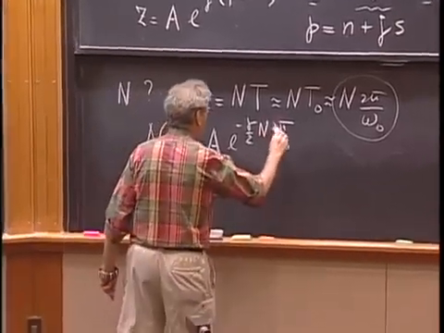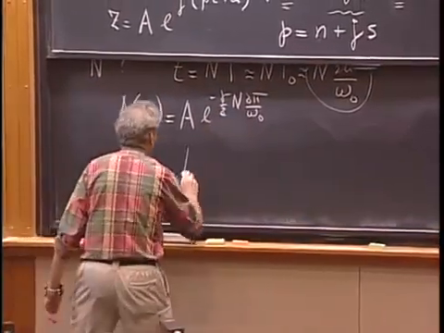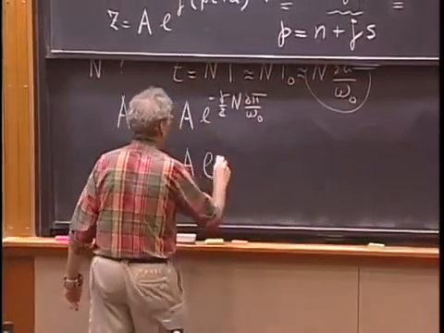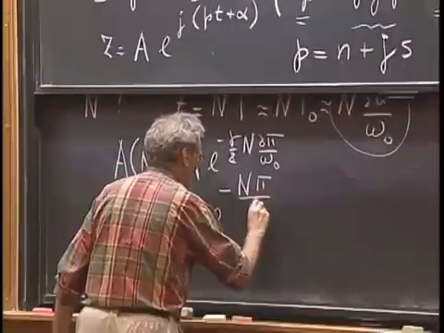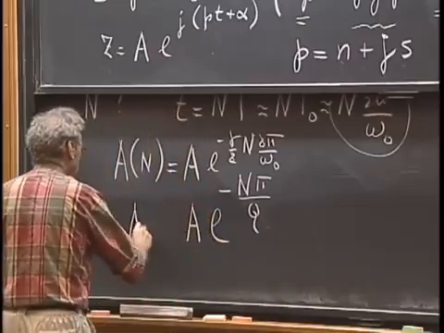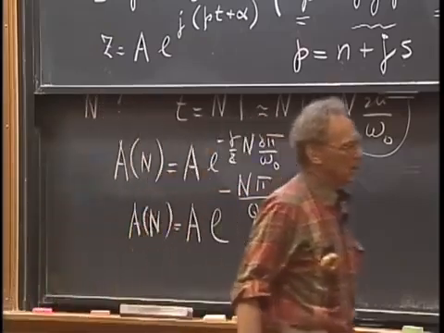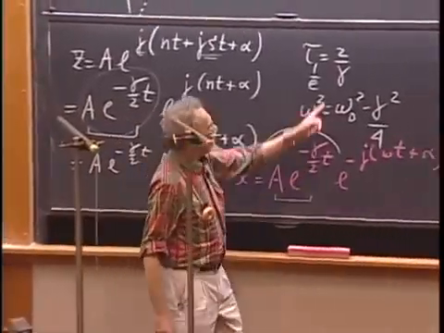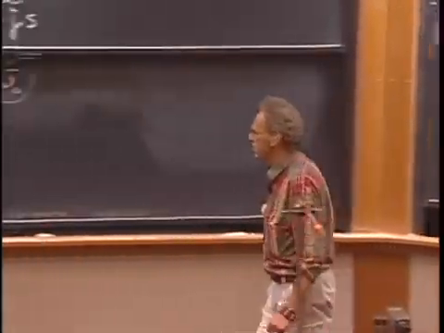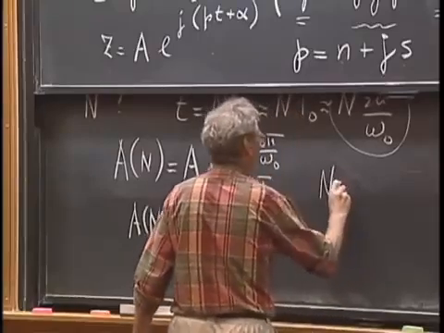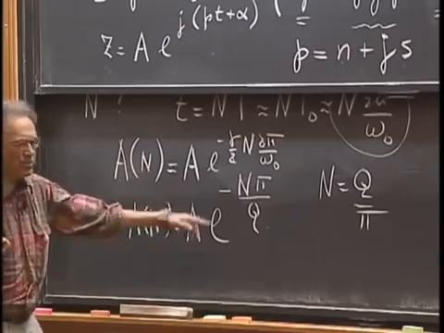And you lose a 2, but omega 0 divided by gamma is Q, and so now you have it in a form which is minus n times pi over Q. Now, is this any different from what we had before? No. Here we say I have to wait 2 over gamma seconds for the amplitude to go down by a factor of e. Here we say if n is Q divided by pi, then the amplitude goes down by 1